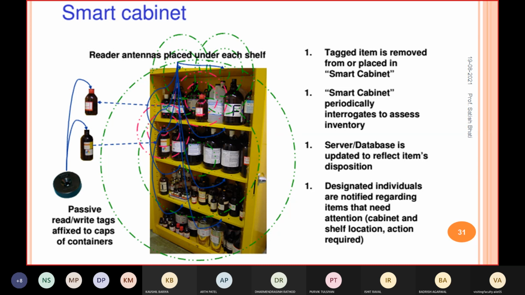If, for example, here you can see chemicals, right? So you have a pharmaceutical company, or you are making some medicine, and you need some different kinds of chemicals. If some chemical is going to finish, then it will notify you, right? It will show you the stock, like this particular chemical, you have 3 or 4 bottles. So using that you can do your work very easily, right? It will save your time.